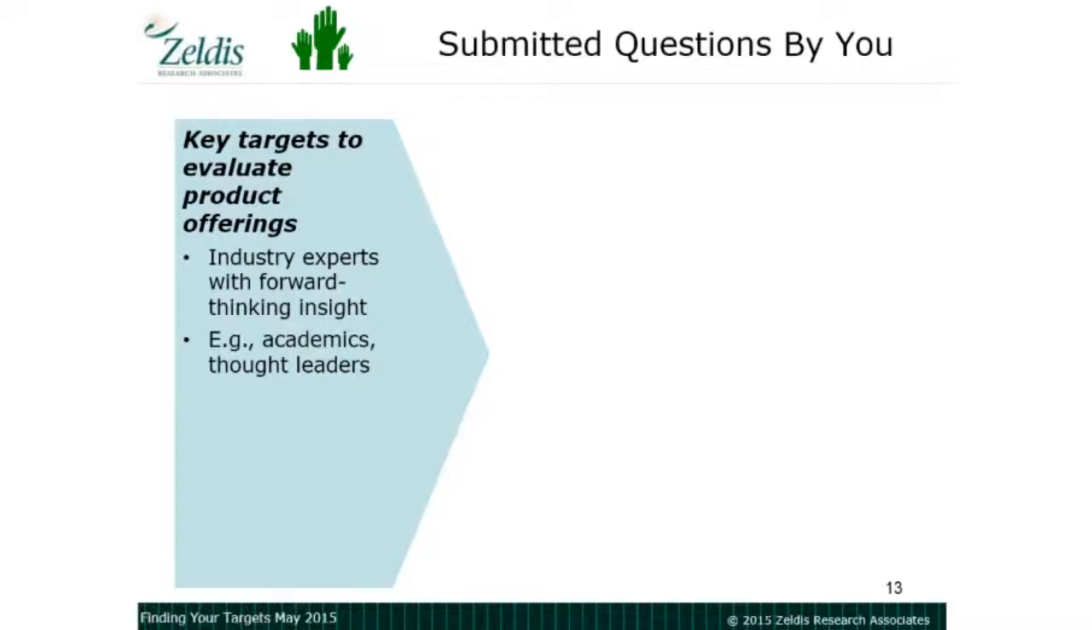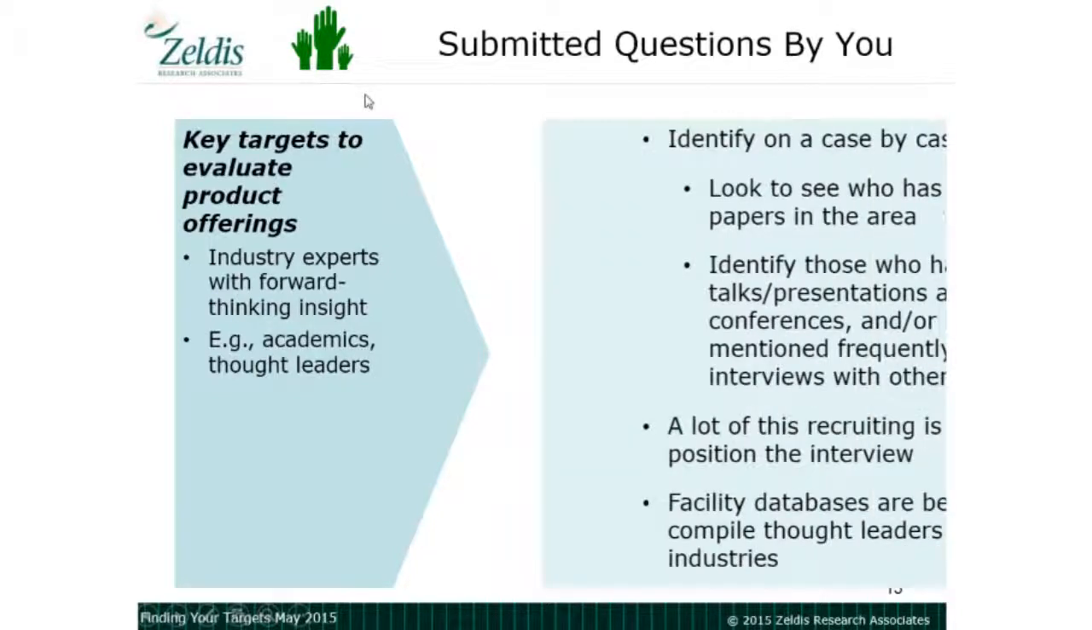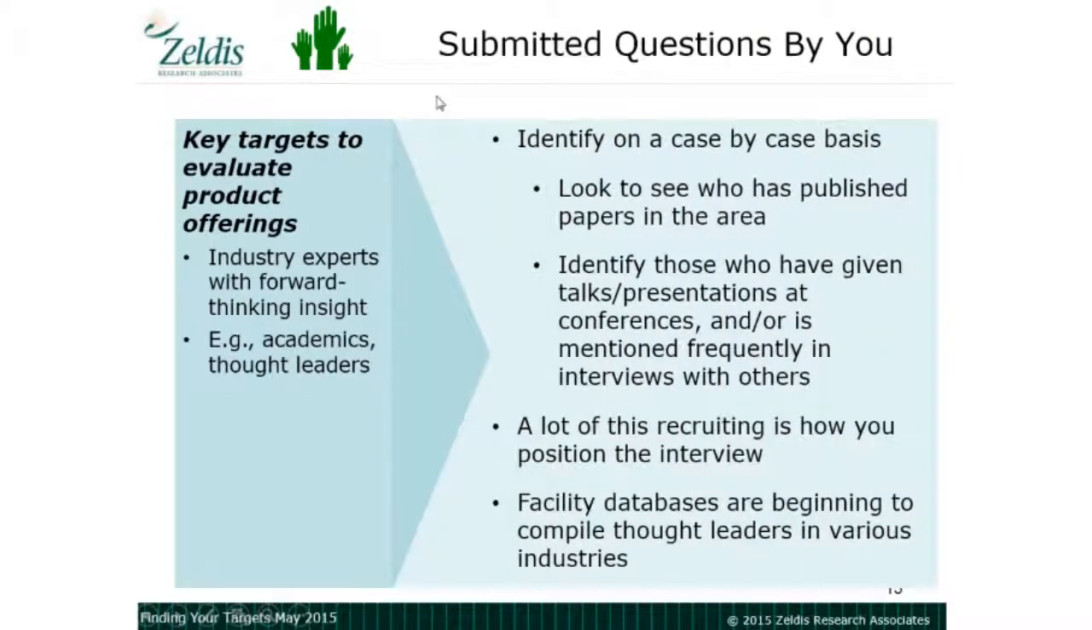And then finally, we were asked about how to reach industry experts, thought leaders. Typically, what we do is we identify them on a case-by-case basis with the client. So we talk about how you would define a thought leader. For a particular study, for that research, who do you consider to be the thought leader? Then we look